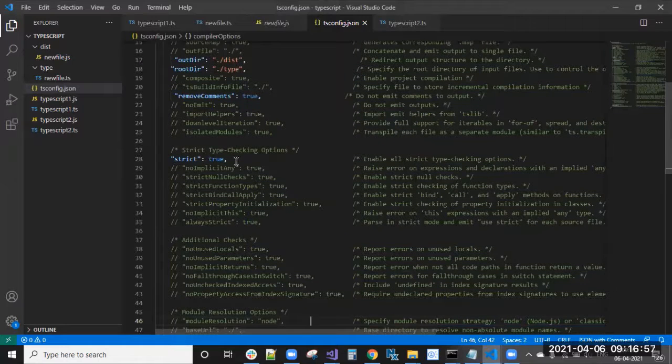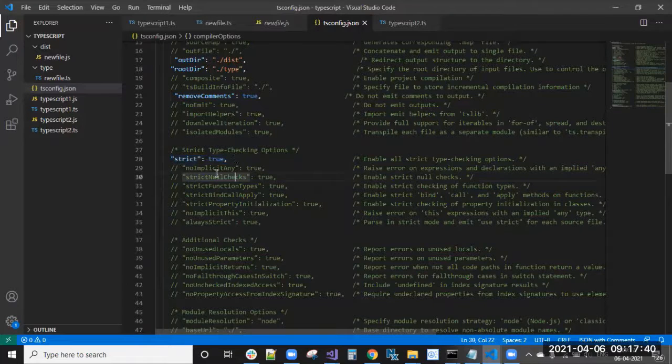Strict mode means it will check for errors strictly, in JavaScript also. The best example is when you define a variable as a number and you try to access it as a string. In that case, TypeScript will use strict mode. Strict means it won't accept a number variable being used as a string variable, meaning the types are changing. In that case it won't allow it. By default strict should always be true, so it checks all the TypeScript or JavaScript rules strictly. Because of that, we can enable strict to true.